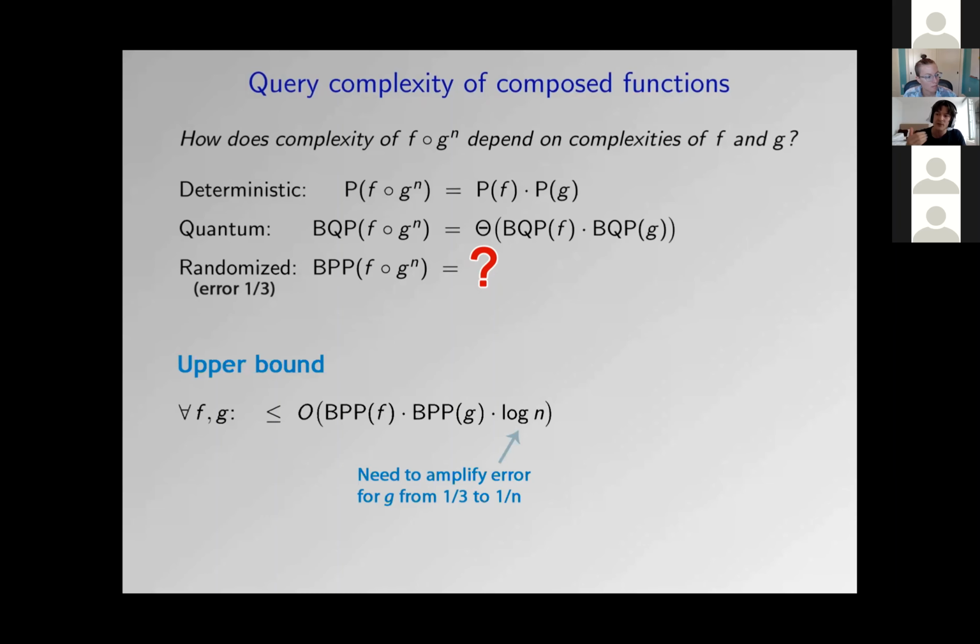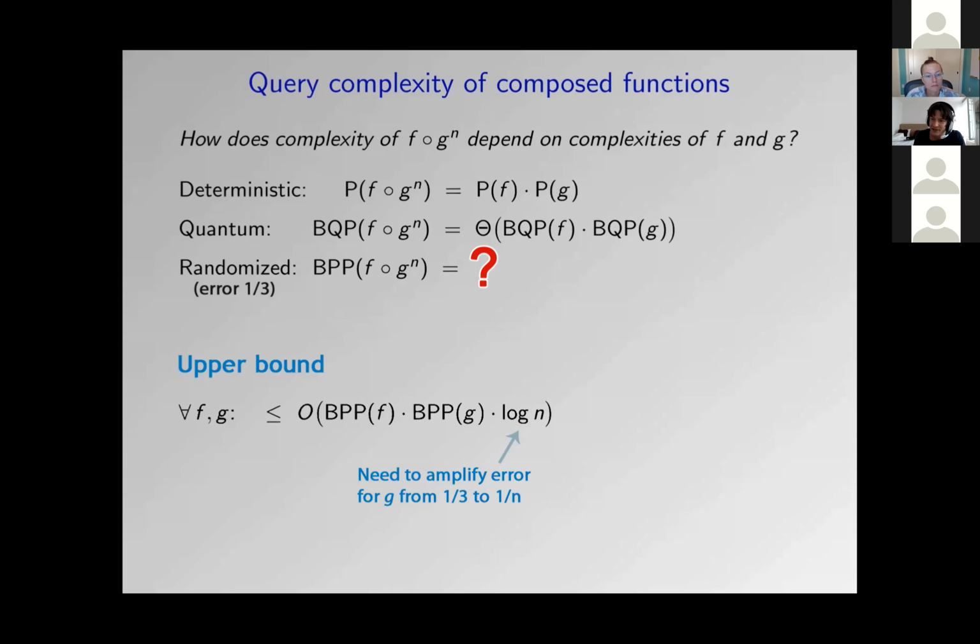The way around this is to introduce a log factor and take these subroutines that had 1/3 probability of error and run them roughly log n times and take the majority answer in order to reduce the error probability for one subroutine below 1/n. So then that's such a small error that it doesn't pile up during the simulation. So that's the intuitive reason why a log factor appears in the upper bound.